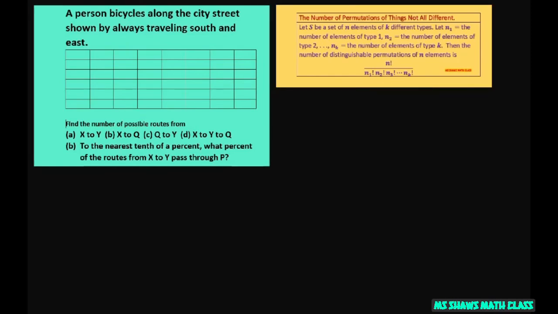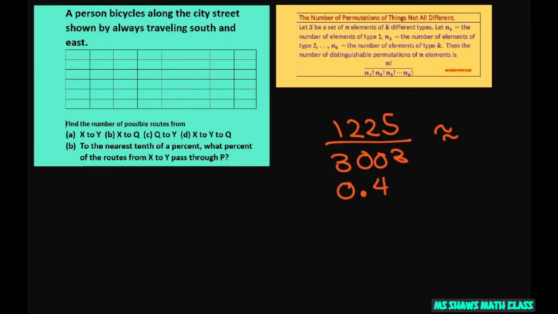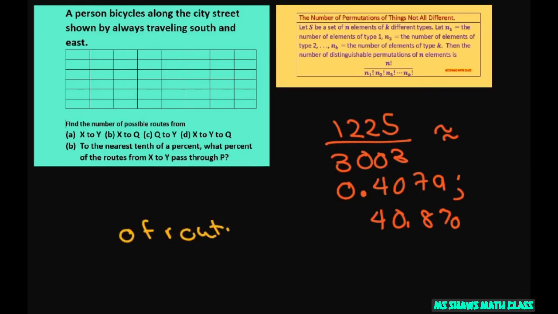To get the percentage, you're going to take 1,225 divided by 3,003, which is approximately 0.4079. Or you could say about 40.8% of the routes from X to Y